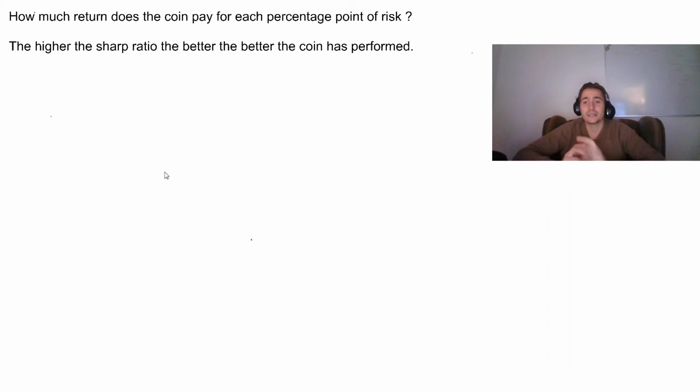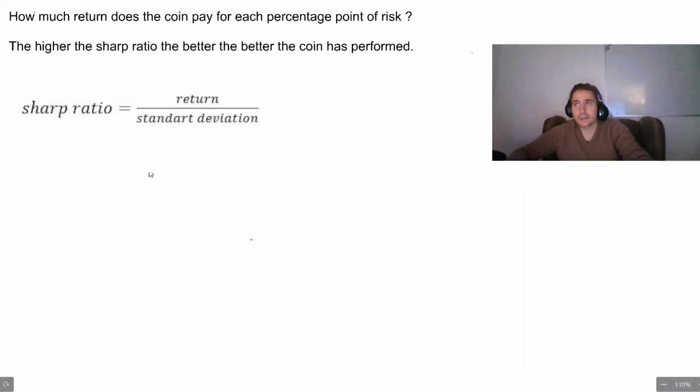And as I said earlier, the higher the Sharpe ratio, the better the coin has performed. The way how we calculate it is pretty simple. It's just the return divided by the standard deviation,